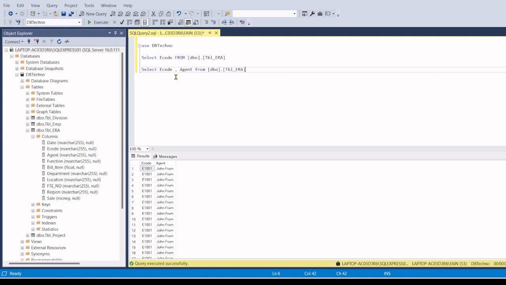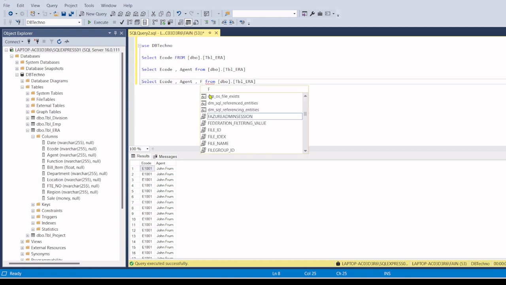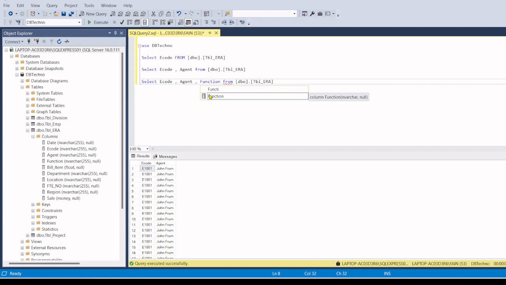And if I want more columns from the table, simply copy this command. Again, type comma, and this time I want function. Why is function coming in blue? Because it's a reserved keyword. Reserved keyword means the words which are already reserved for SQL, like select, use. So function is also a reserved keyword. So it's better to put it in brackets, comma,